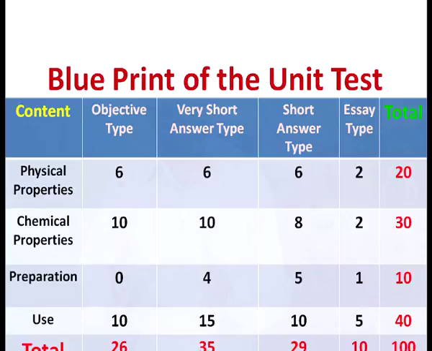Keeping all these things into consideration, you can prepare a blueprint, a framework of your unit test or achievement test. This will help you in framing the items, framing the questions. You will be very clear on the basis of this blueprint that such type of items or such number of items has to be prepared on this topic, on this concept. So these are the 2 styles of preparing the blueprint of the unit test, and it is very helpful for a teacher at the time of preparing a unit test or an achievement test.